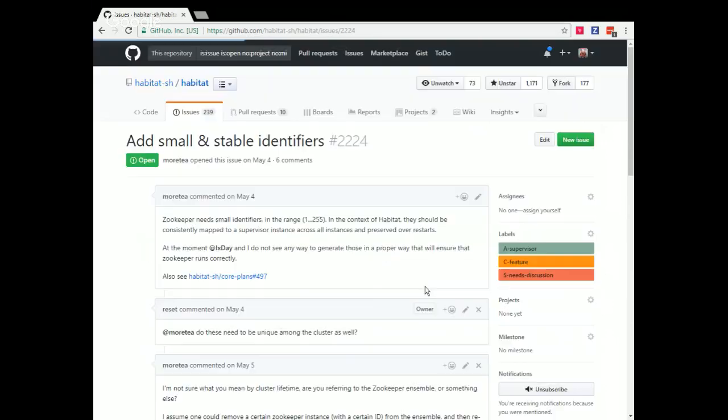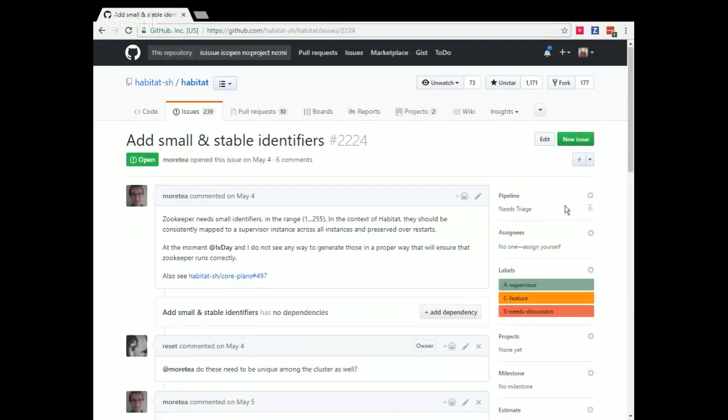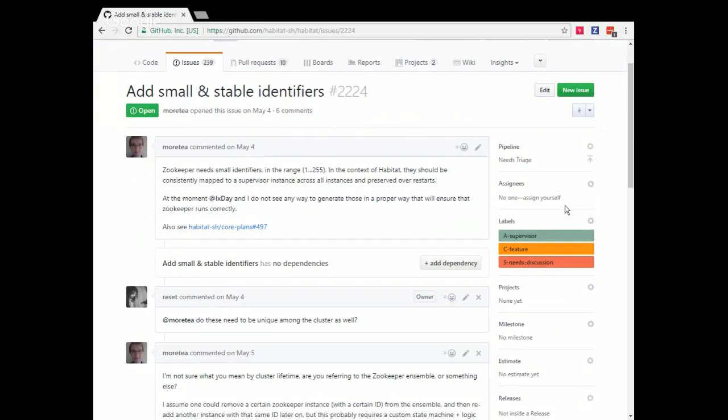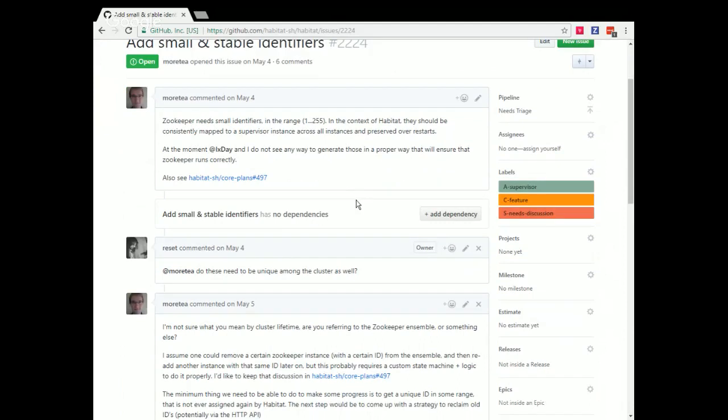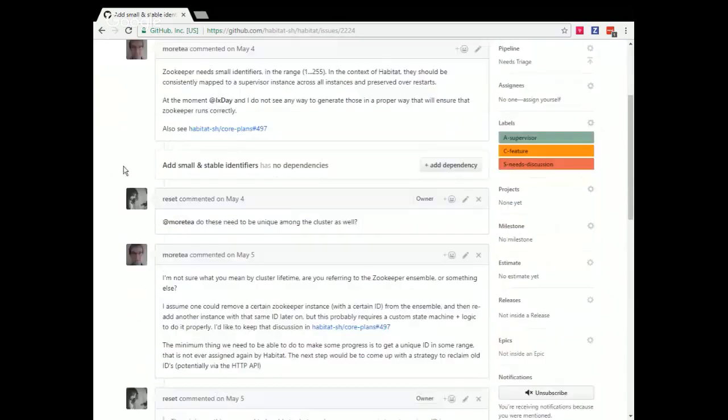2224 is next. If you know anything about Zookeeper, this will probably make sense to you. I'll give everybody a moment to read the back scroll here because it might take you a moment.